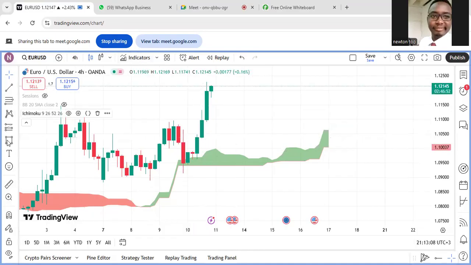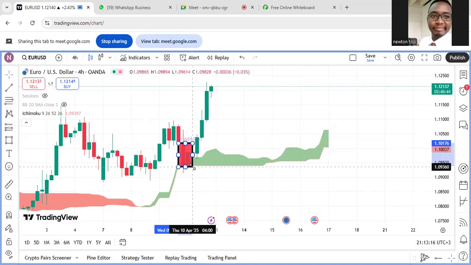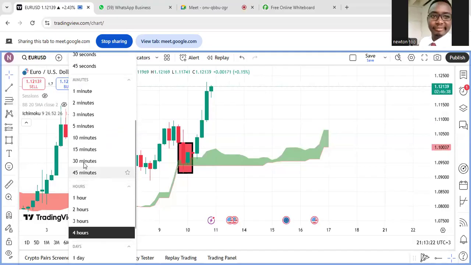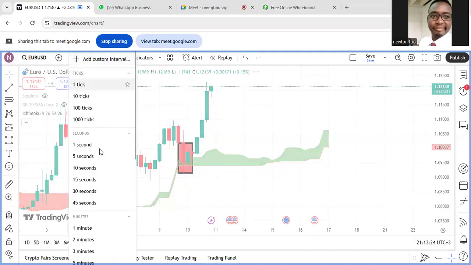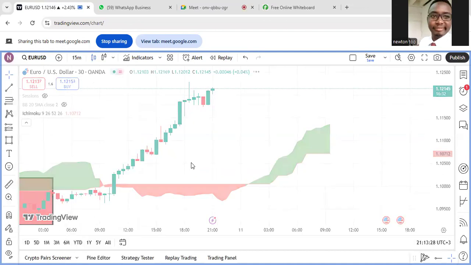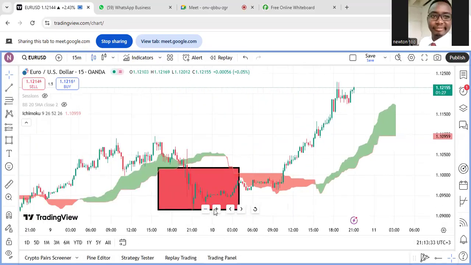Even, we can check together. Let's check this candle. It was on 9 April. Let's check on the 15 minutes time frame which candle was forming here. Then we can check together when the market came and touched the